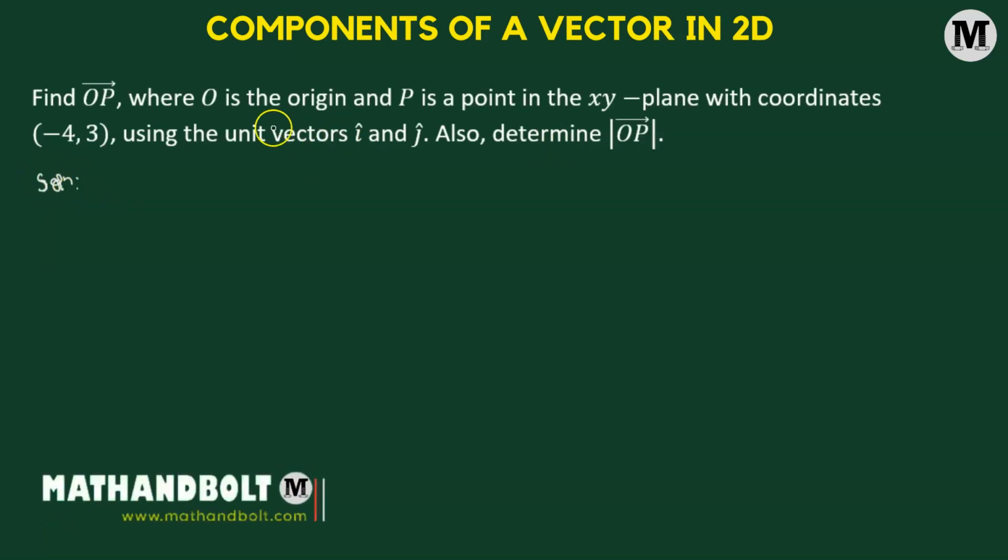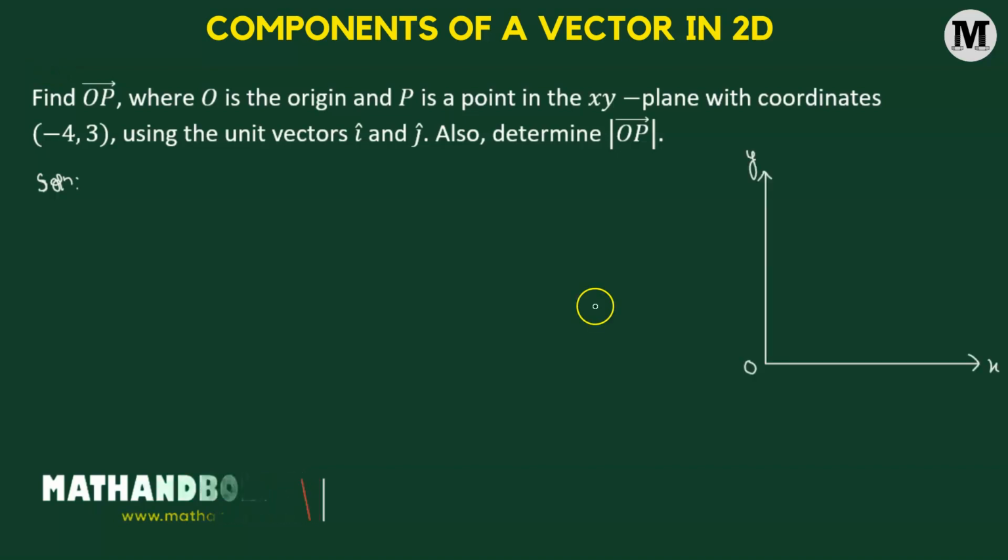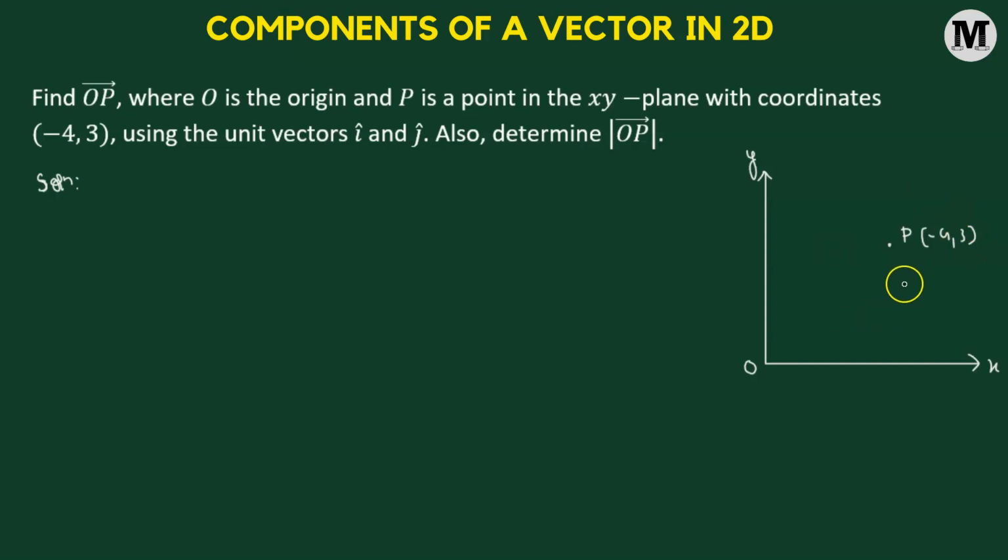We begin by considering a two-dimensional coordinate system. So here on this two-dimensional plane, we're going to consider a point P having the coordinates -4, 3. Now, this, of course, is not going to be the first quadrant because our x coordinate value is -4. That means that actually it's in the second quadrant, where x coordinate is -4 and the y coordinate is +3. But for the ease of understanding, I'm considering point P to be lying in the first quadrant. However, at the end of the problem, I'll show you that it is not in the first quadrant, but in